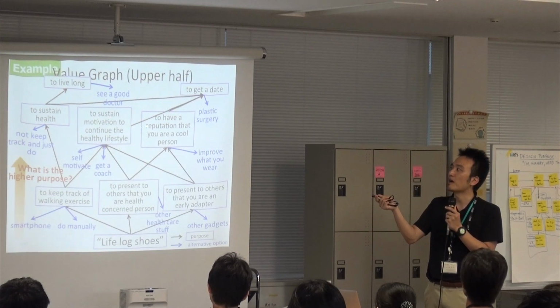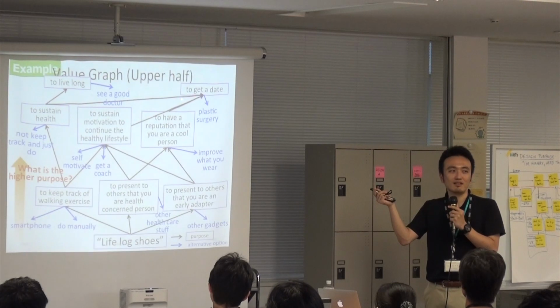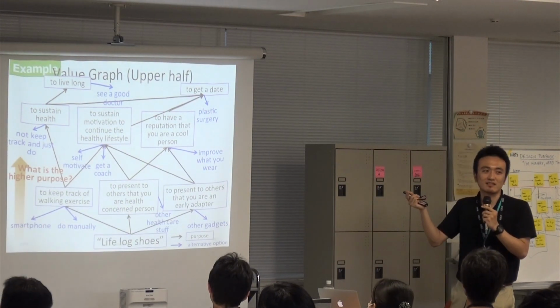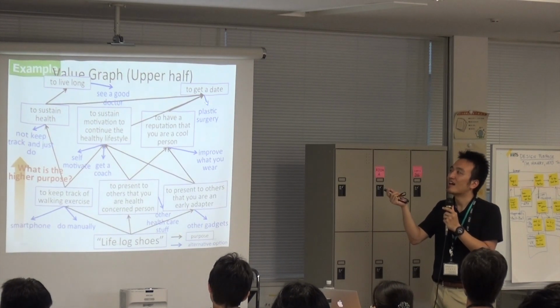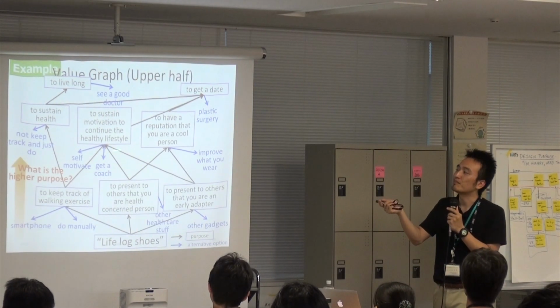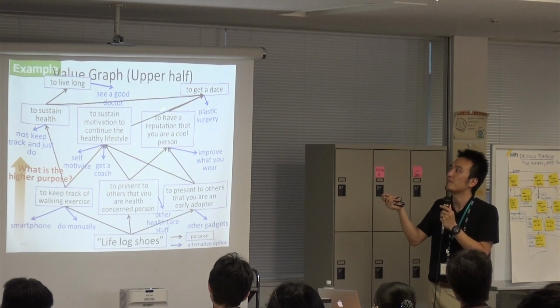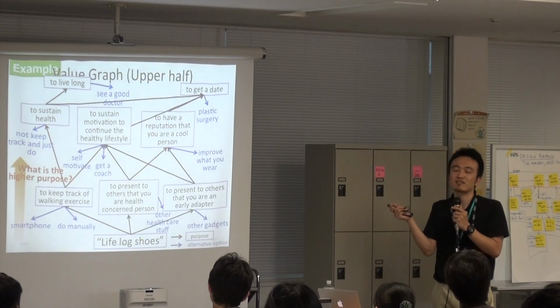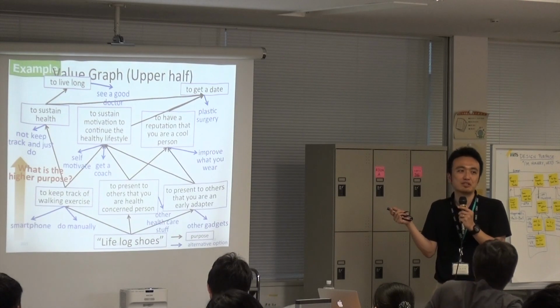Okay? I'm climbing up higher to get a date, ultimately. And it depends on how you do it, but it's my case, okay? So to get a date, I can be sustaining the motivation to a healthier lifestyle, and then maybe have a reputation of I'm a cool guy, or just have plastic surgery. That's it. That may solve my problem or issue, whatever, or